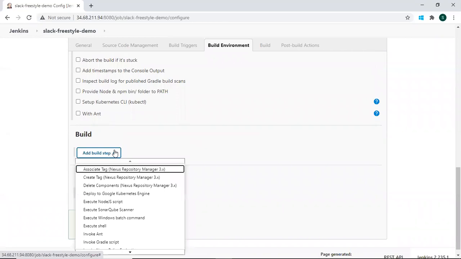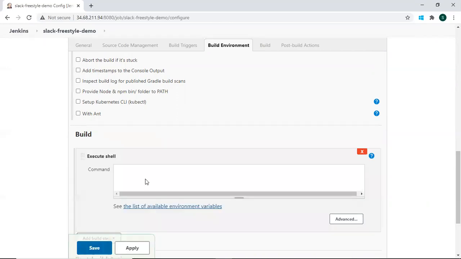Here we will create a simple execute shell command, echo. This is my test job.